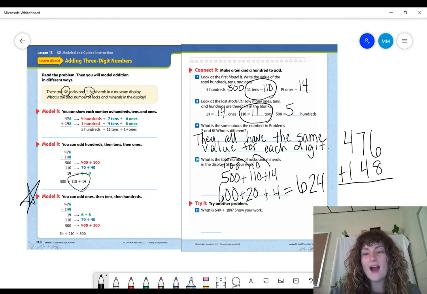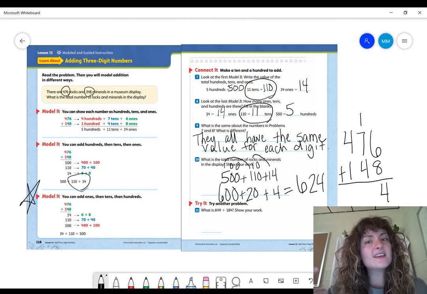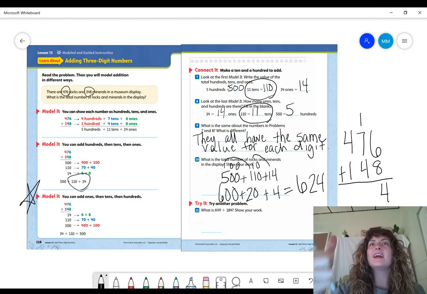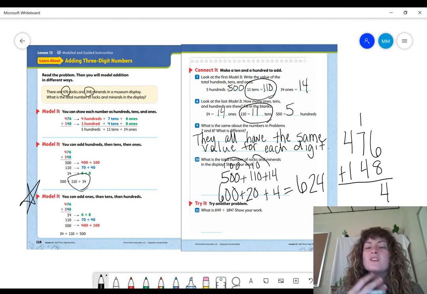Let's start with our ones place. In our ones place, we know there are 14 ones. If I am hanging out in the ones place, in 14, my ones hang out with my ones, and my tens hang out with my tens. So now I am in my tens place. I have 1 plus 7 plus 4 tens. 1 plus 7 is 8. 8 plus 4 is 8, 9, 10, 11, 12. 12 tens would be the same as